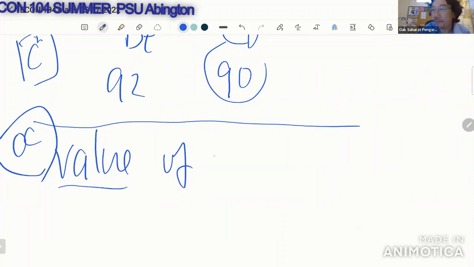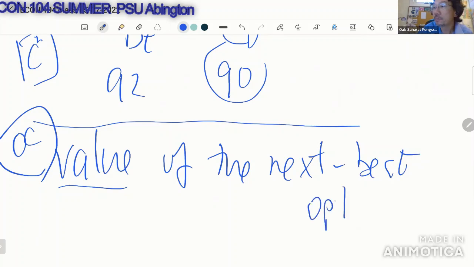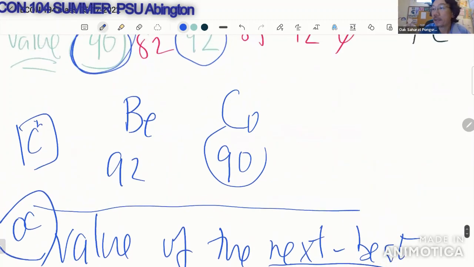It's the value of the next best, or second best, option. The value of the next best option, right? So now back to this,